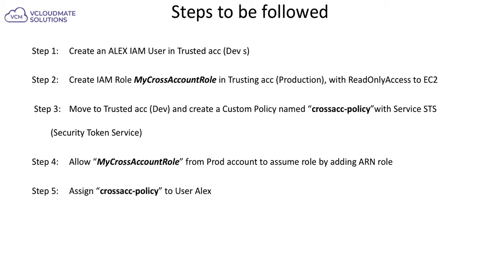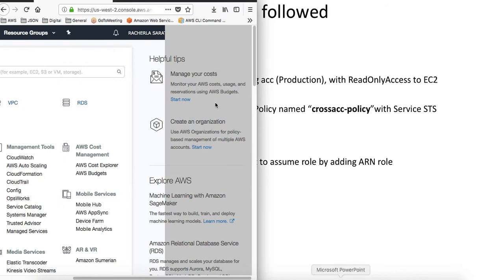And once it is done, I'll attach the policy, that is the cross account policy that I've created, to this newly created user Alex. And once this is done, then I'll verify the switch role. So guys, in order to get a clear picture, let me show you how things can be done. Okay, to get things done in a smoother way, one side I have an account which is called